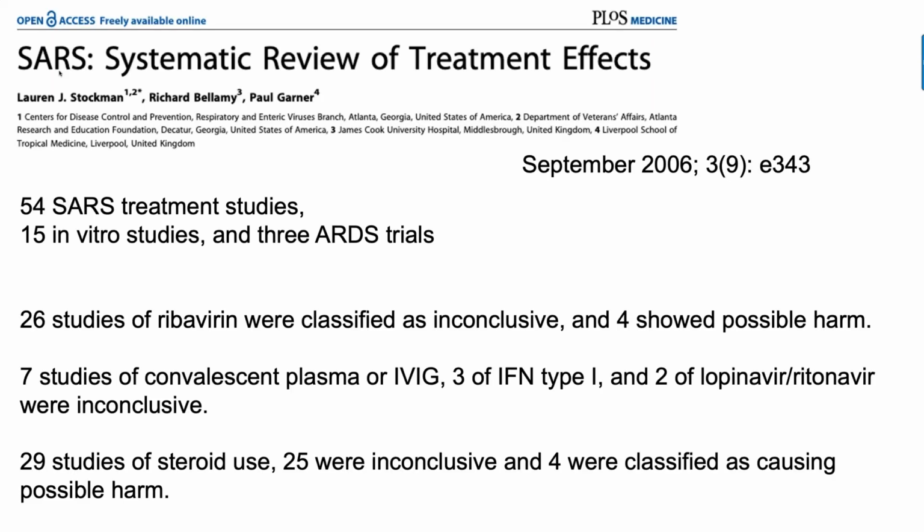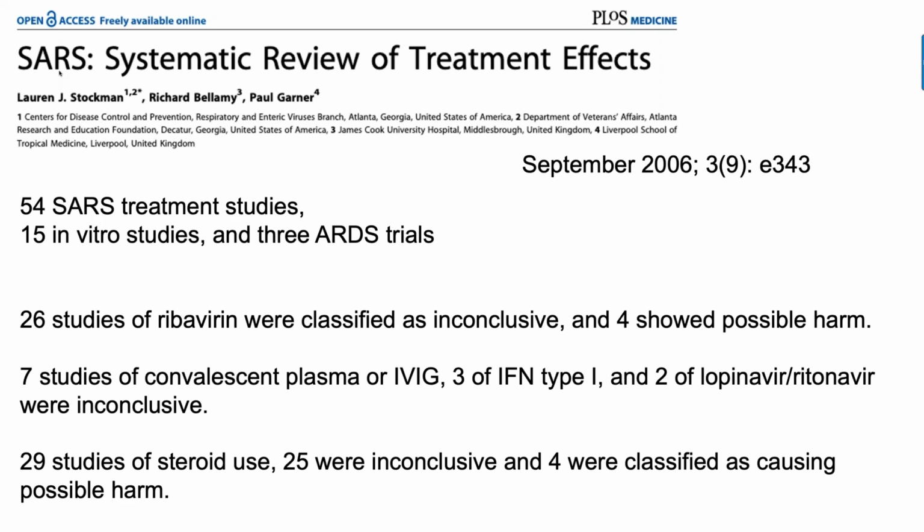And so what I'll do is go a little bit back from where we were in the past, and many of us, including myself and many of you on the line, certainly lived through the SARS episode and some of the hotspots across this country. We recognized that there was a lot of interest in doing clinical trials, and this was a nice summary of the clinical trials which were done during that time.